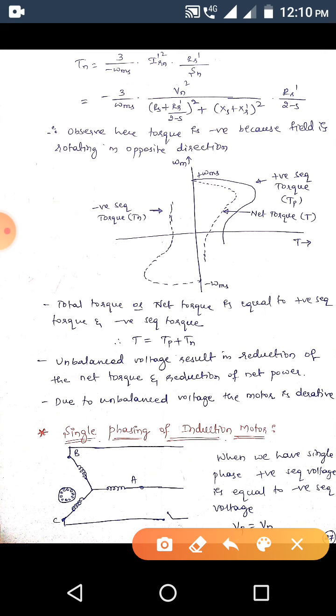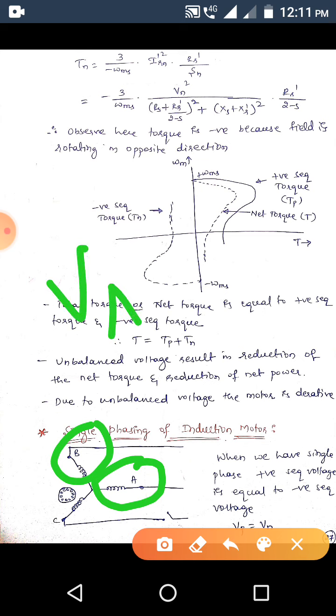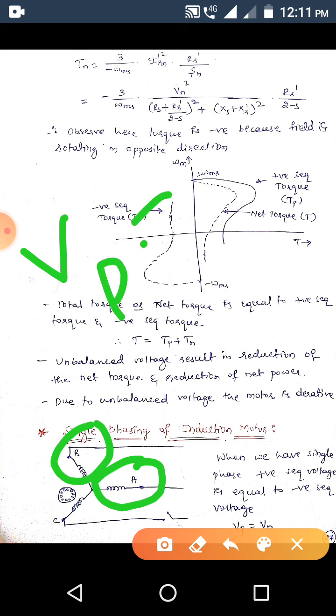If we keep one phase open, then the supply voltage from winding A is equal to winding B, that is VA is equal to VB, or we call it as positive sequence voltage is equal to negative sequence voltage,